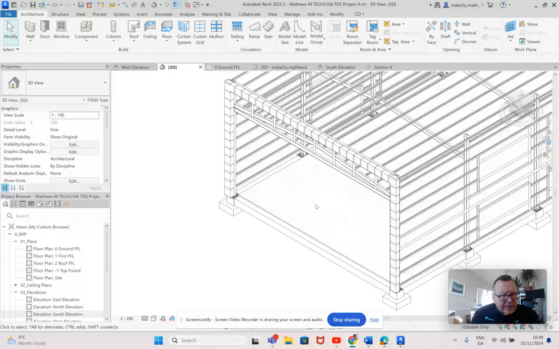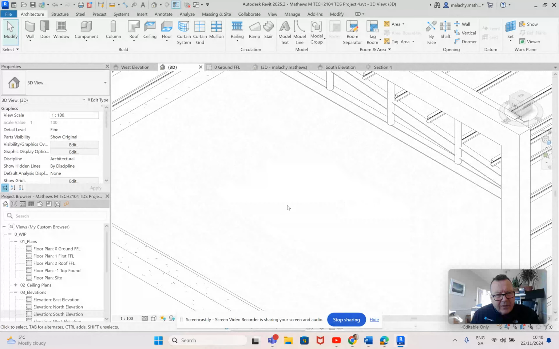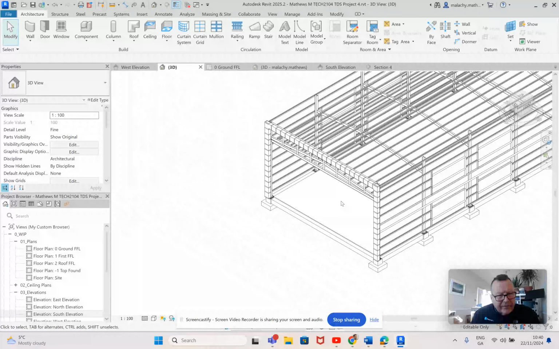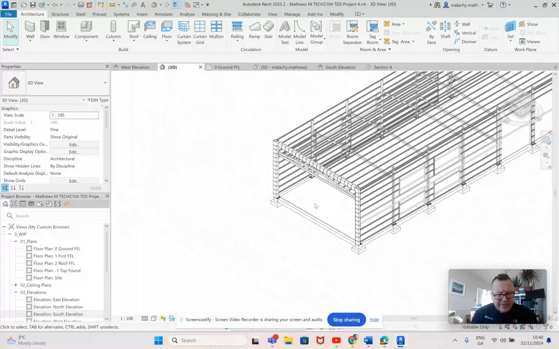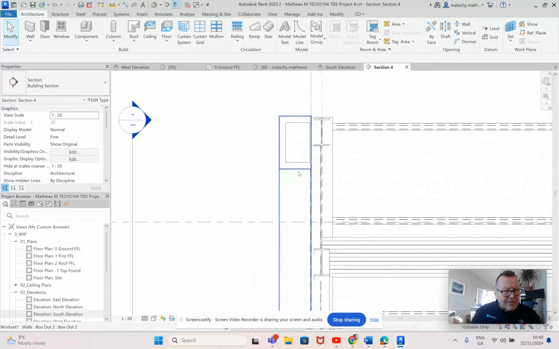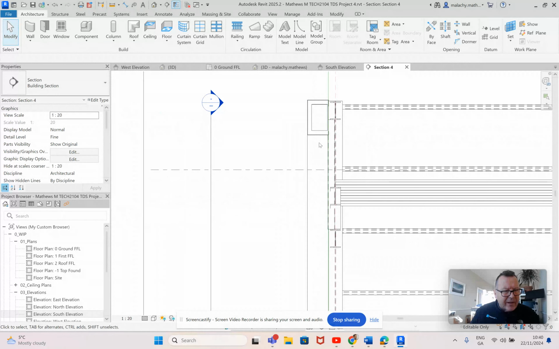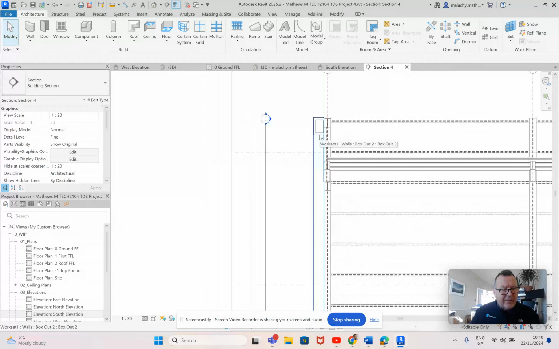Now here's my box out, okay, like so. You can see the framework in behind it. That's just a graphical thing that is coming through in a section. That's how it's looking there. Okay, now I'll be able to run my glazing, curtain walling up in underneath that there,